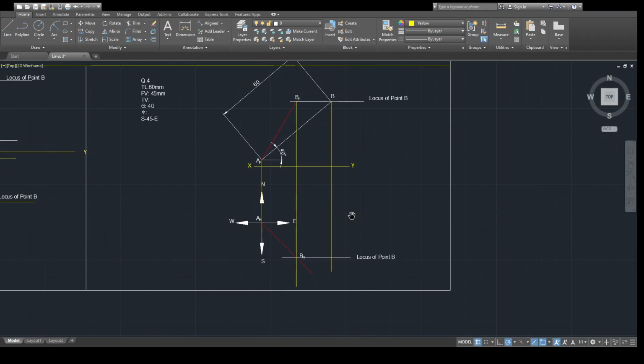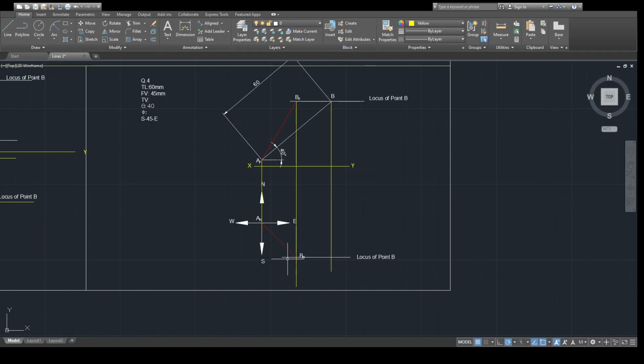Only difference here is that, so far what we have solved is the same problem, but instead of beta we are using the convention as bearing, S45E, south to east 45 degrees. Suppose east to south 30 degrees is given, then you need to draw a line that is east to south 30 degrees. So this angle you need to measure. That is the only difference. So there is a lot of extra part here, that I will remove.